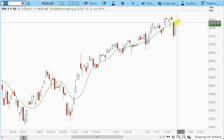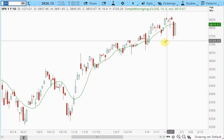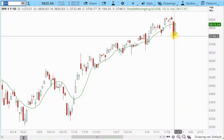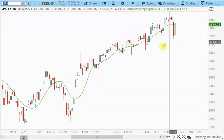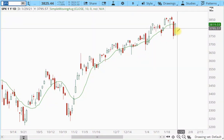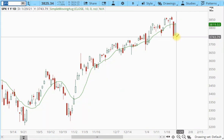So we'll have to wait for an actual swing before I would be willing to call this a final daily cycle low. But so far, this just looks like another one of these brief little corrective moves in an ongoing runaway move, and this one was deep enough to turn that 10-day moving average down. So enough, in my opinion, anyway, to qualify as a daily cycle low. Once we get that swing, assuming we don't go back down again tomorrow, but if we get a swing, then I would say we're now on day one of a new daily cycle, and